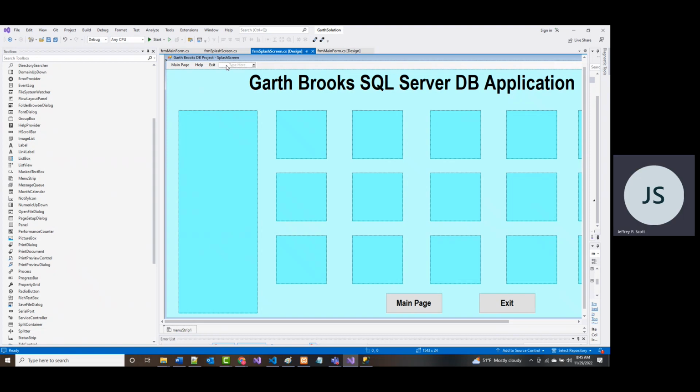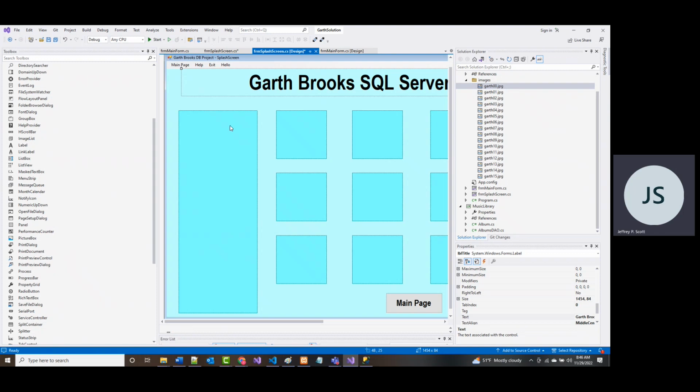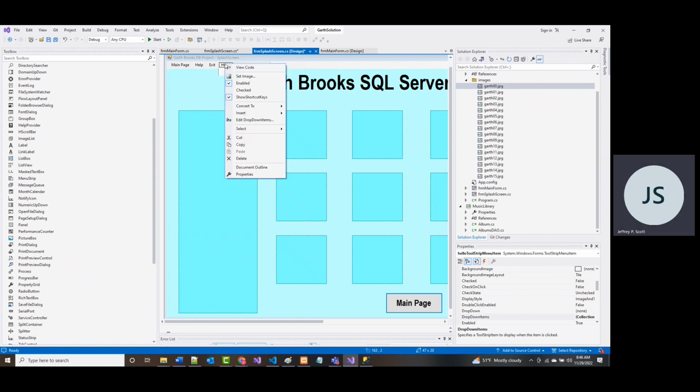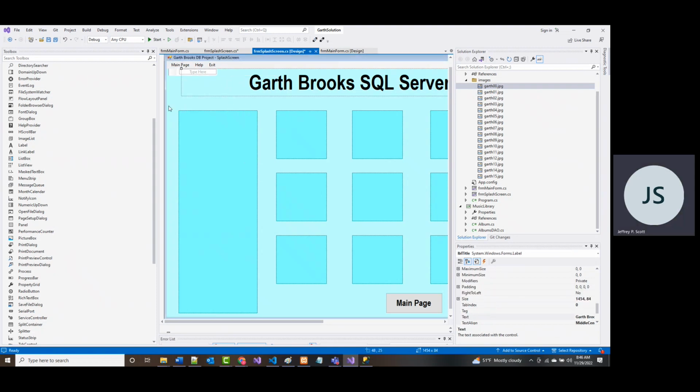Now let's just say I'm going to get rid of it right away, but let's assume here that I wanted to put in hello. That's a dumb name, etc., but you get the idea. Now I've got a hello option in there. And you will notice that along with that hello option, if I put my mouse over it, it gives it a name. It's called Hello Tool Strip Menu Item. Now I don't want this in there anymore. I don't really remember if I can get rid of it or not, but looks like I did. So it's gone.